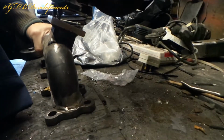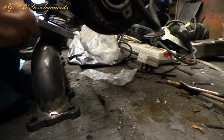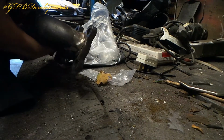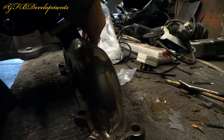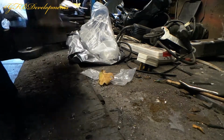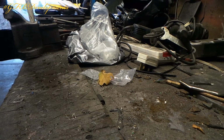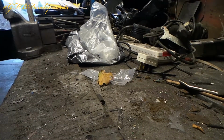Oh. I'm going to have to sort out them studs, but there we go. Jeez, that's that way. So it's the wrong way round. Just twist that. There we go. Point that in the vice so you can kind of see it. There we go. So,